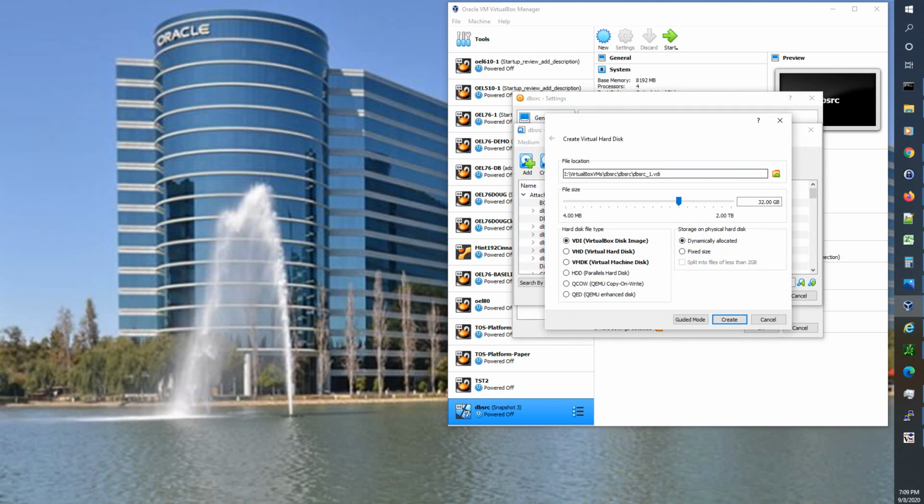We're going to call this underscore ASM1. We're going to make this only 8 gigabytes. We're just going to create one to foster the installation of Oracle Grid. 8 gig, fixed size, create,